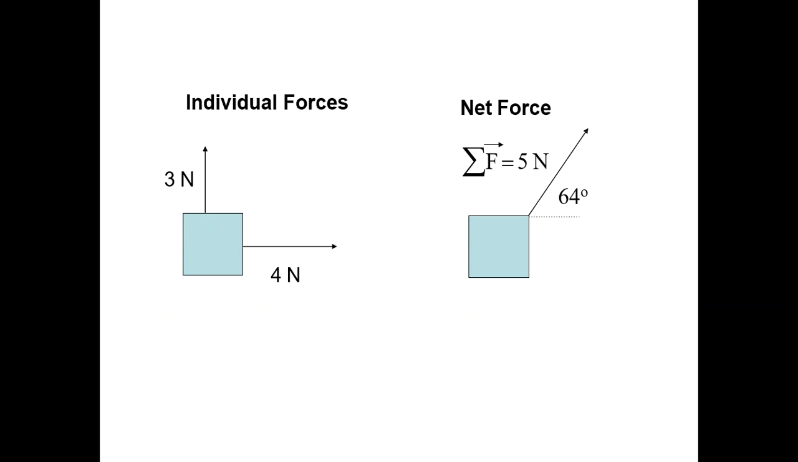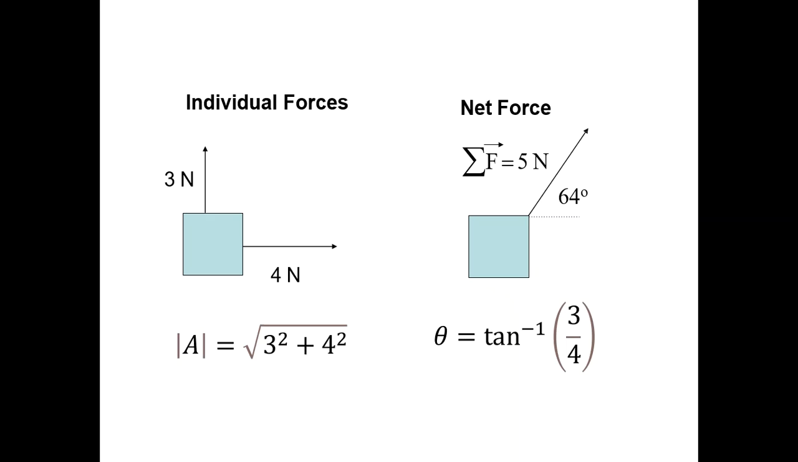We can also deal with forces that are not collinear, that are not in the same direction. So we have our 3 newtons, which we're going to call upward or the y direction, and 4 newtons in the x direction. That coordinate system is just completely arbitrary, but it's probably convenient. So how do we combine